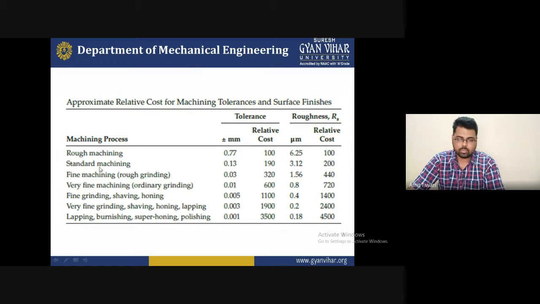But when you move to very fine machining, providing very good quality and high tolerance and high accuracy for that particular dimension, the relative price increases, and the surface roughness decreases. You can see the increasing price, the increasing relative cost,